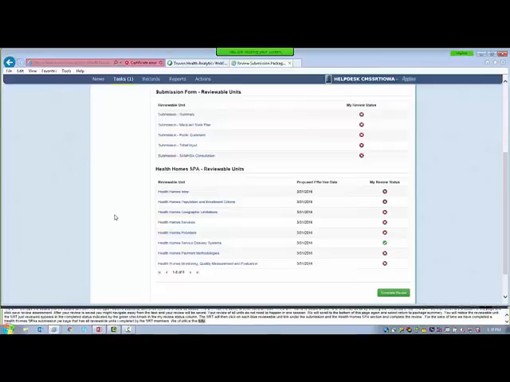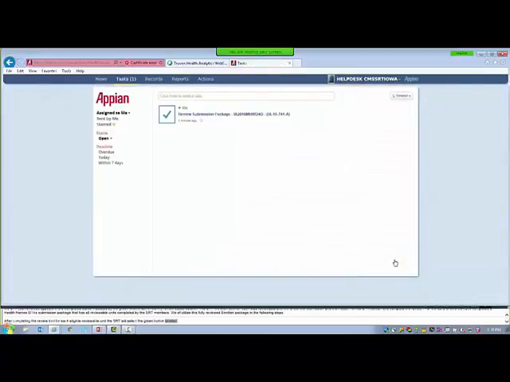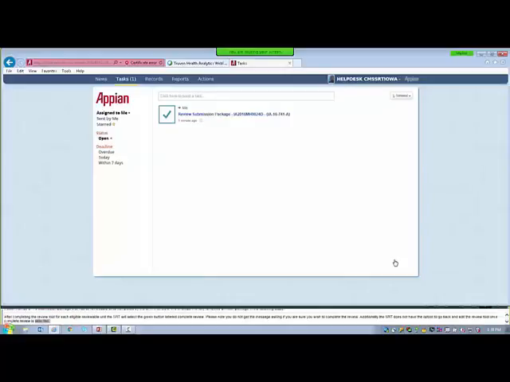After completing the review tool for each applicable reviewable unit, the SRT will select the green button labeled Complete Review. Please note that you do not get a message asking if you are sure you wish to complete the review. Additionally, the SRT does not have the option to go back and edit the review tool once Complete Review is selected, due to the fact that the submission package has moved on in the workflow. Please make sure you want to submit your review before you select Complete Review.